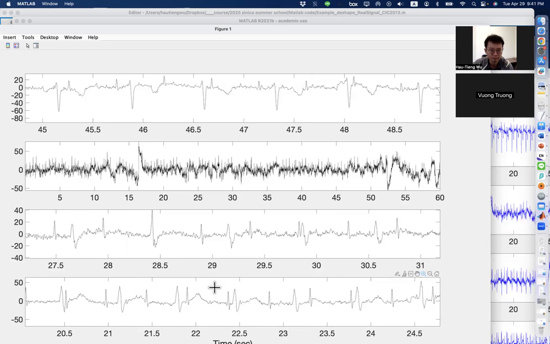In short, the trans-abdominal maternal ECG is a summation of 2 ECG signals. One is from the mother, one is from the fetus. And the mother's ECG, because the mother is an adult, the heart is larger. Although the ECG lead is put on the abdomen, you can still collect a very strong ECG signal from the mother. But because of the projection direction of the